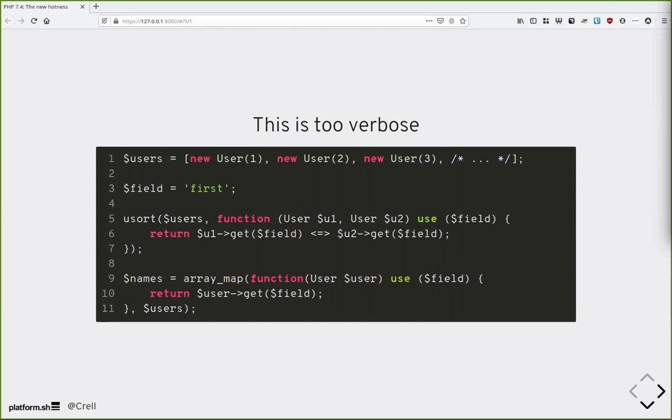I'll be honest. See on lines 5 through 7 here, we have function, parameter, use, then the value, and then we have to close the function definition on line 7 with the curly brace. You have to manually import the scope, just like in C++ with the use statements. They're just kind of clunky,